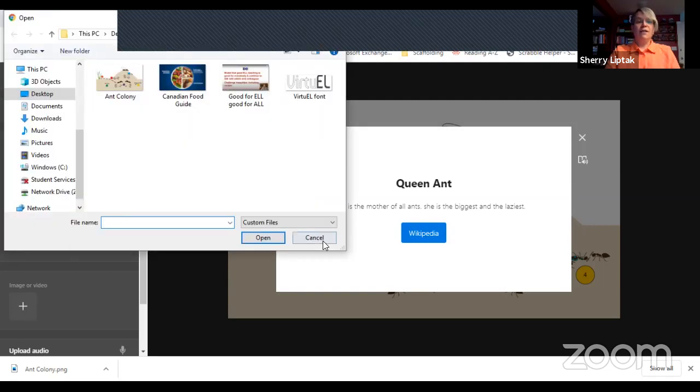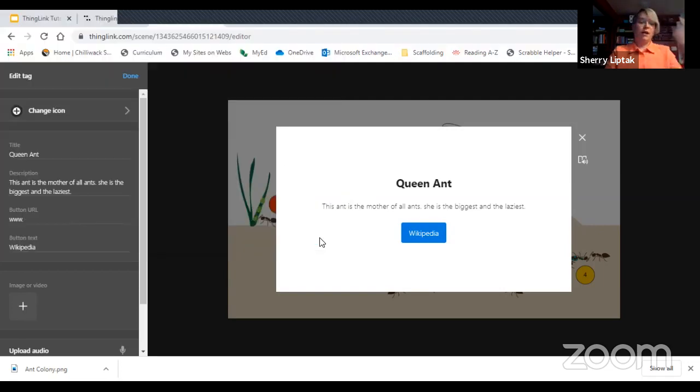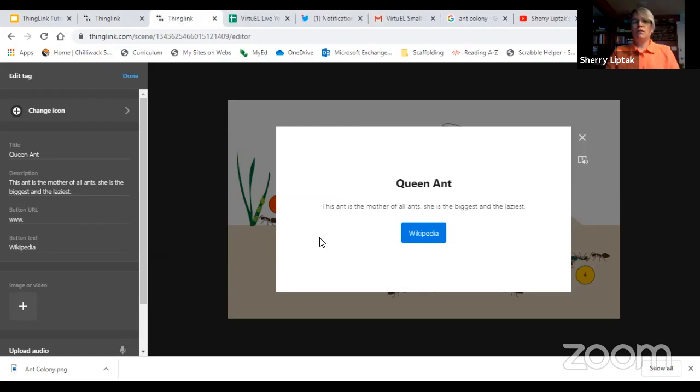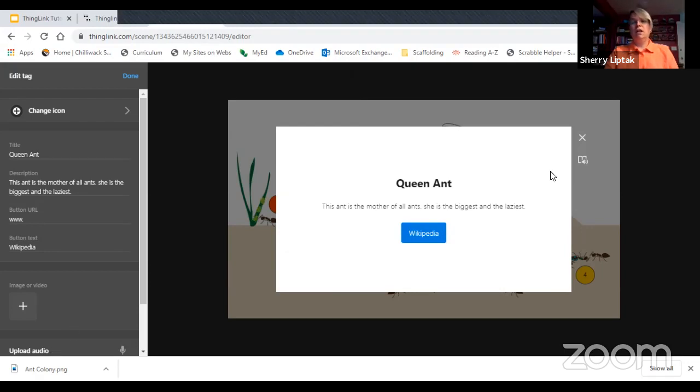I would add a video, add an image. I grab my images from Google. I check for the licenses on them, but there are other options, Creative Commons. There's a lot of great places to get images, and then upload your audio, and voila, you have your first